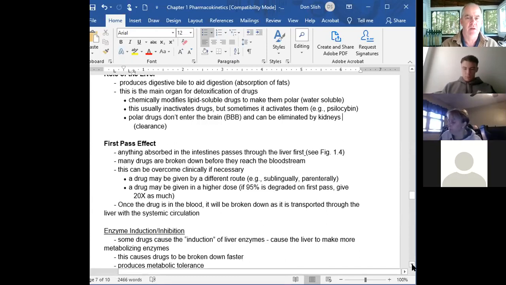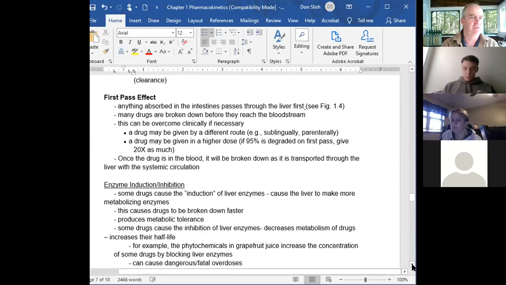First pass effect. Anything absorbed in the intestines passes through the liver first. Many drugs are broken down before they reach the bloodstream. Now you can get over that clinically if you know,